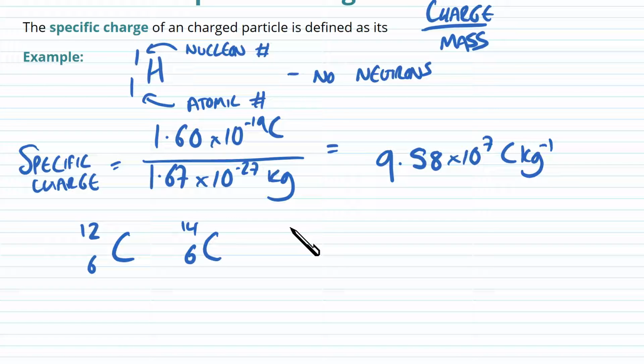Let's say they had a positive charge of 1.60 times 10 to the minus 19 coulombs. They've lost an electron, but because the carbon-14 has a higher total number of nucleons, it has a higher mass. So we can actually see that given the same charge,